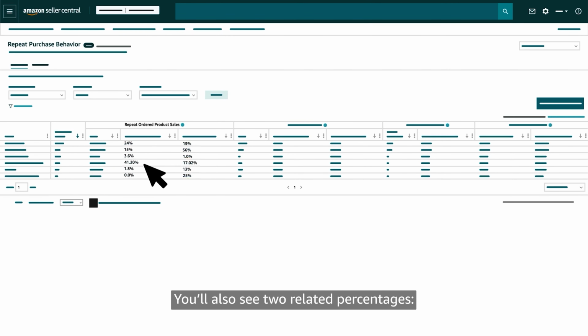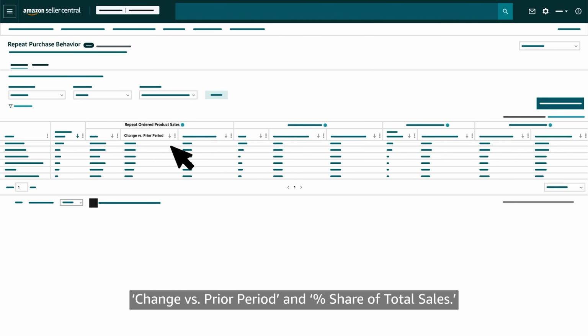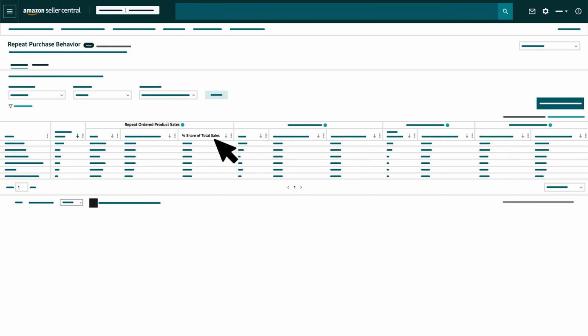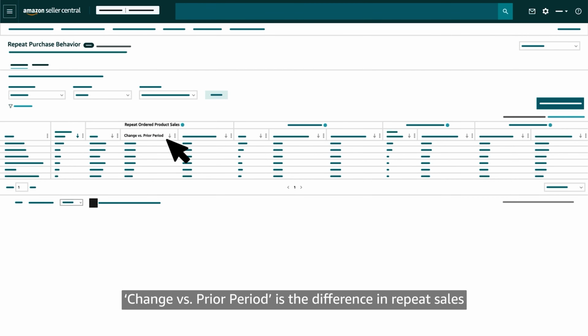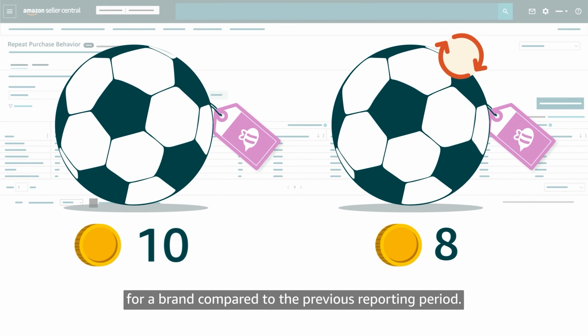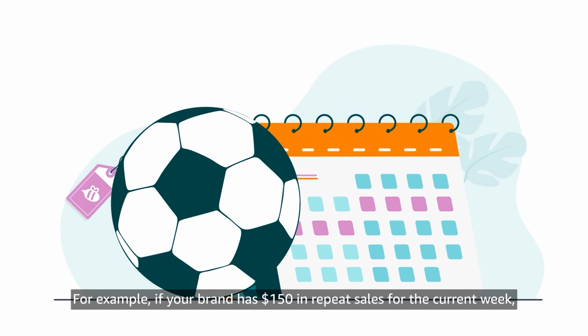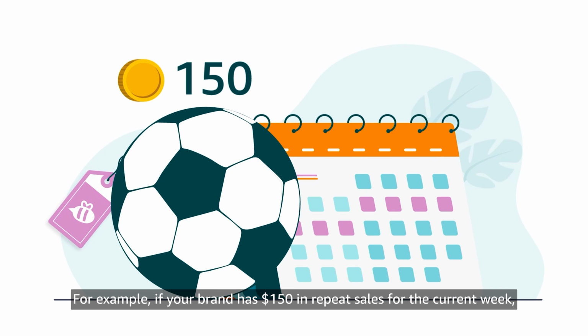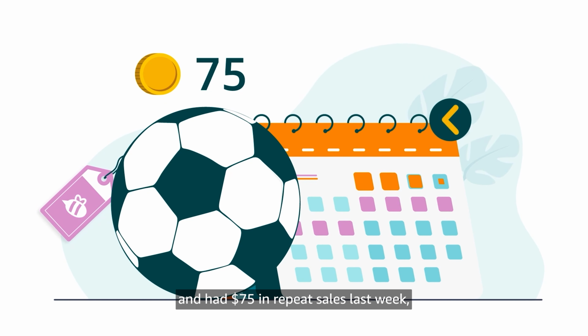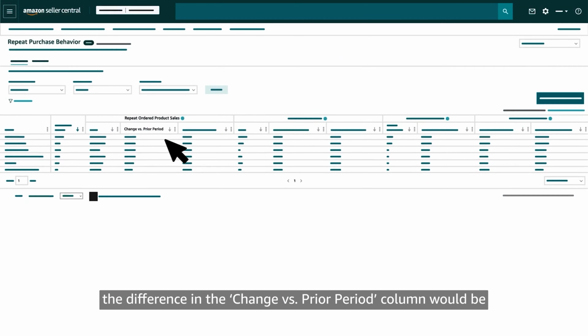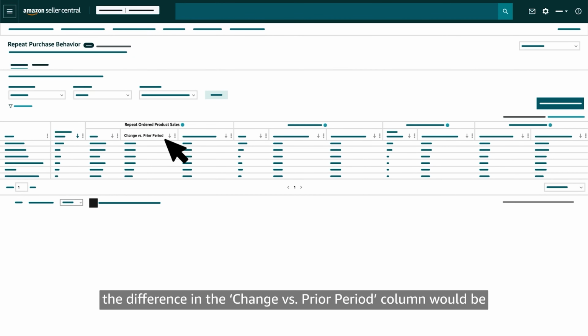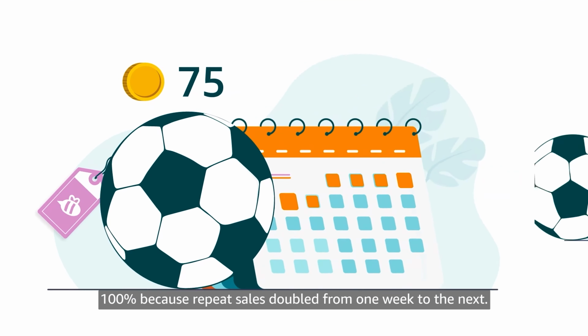You'll also see 2 related percentages: change versus prior period and percent share of total sales. Change versus prior period is the difference in repeat sales for a brand compared to the previous reporting period. For example, if your brand has $150 in repeat sales for the current week and had $75 in repeat sales last week, the difference in the change versus prior period column would be 100% because repeat sales doubled from one